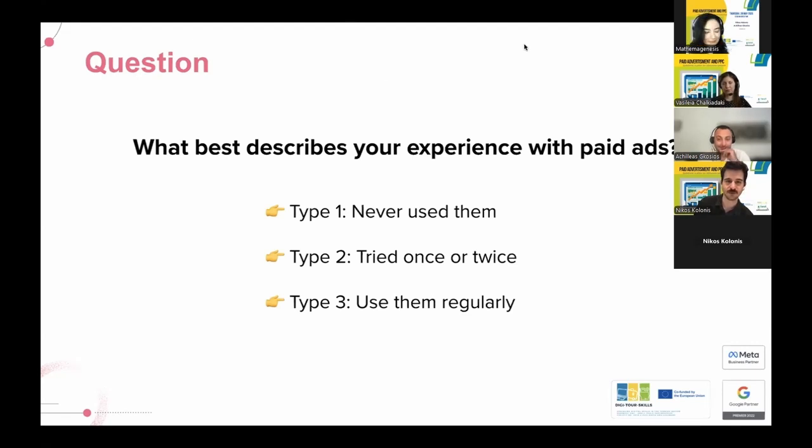I see 2, tried it once or twice. 2 again. 1, never used it. 2. One person says 3, use them regularly. And another person says 1. Okay, most of you are either 1 or 2, so never used it or you've tried it once or twice.